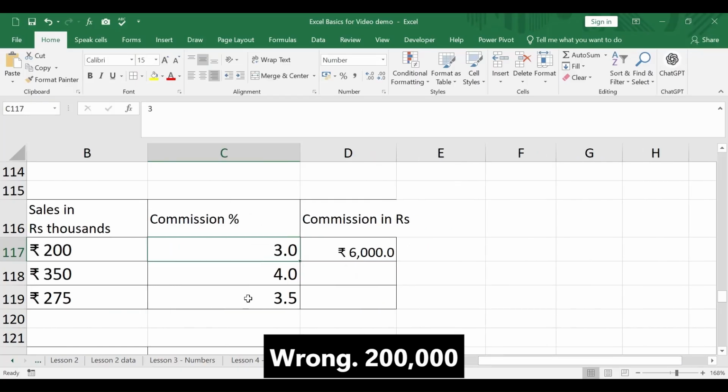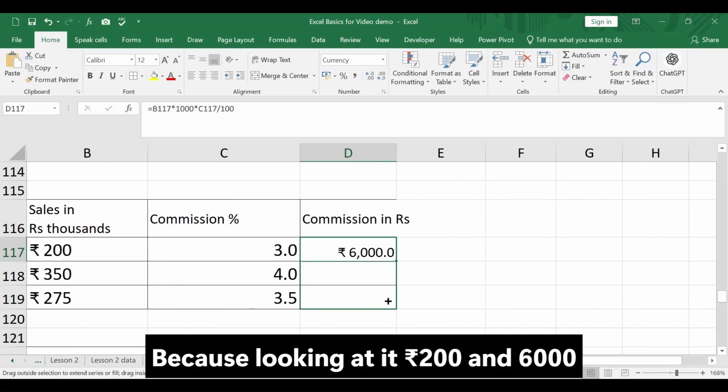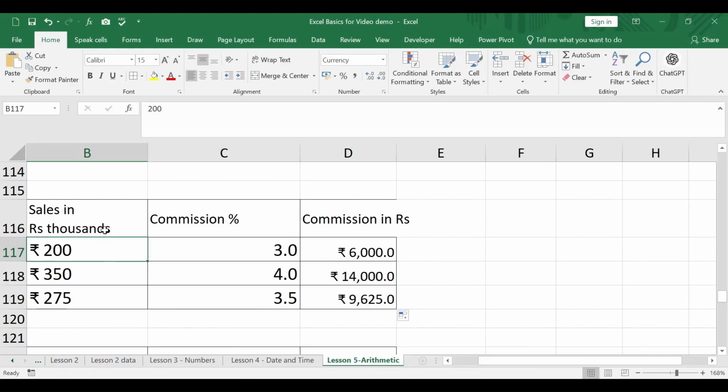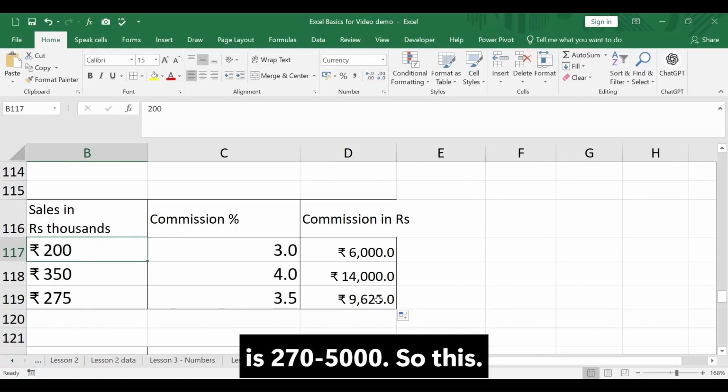Wrong. 200,000. Yeah, 6,000 is mentioned. Because looking at the 200 rupees and 6,000 mentioned, it is not 200, it is 200,000. And 3 is 350,000. It is 275,000. So this